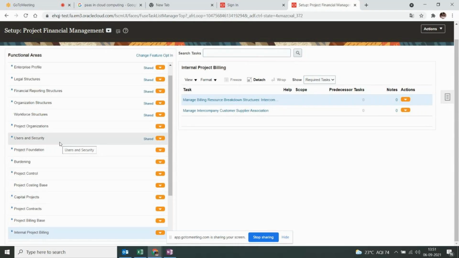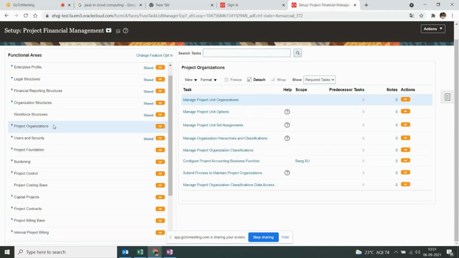And after this, they will also ask you about the tasks, right? In which functional area you are able to define your expenditure types, or in which functional area you are going to define your contract types? So they will give you related tasks and ask in which functional area each is available.